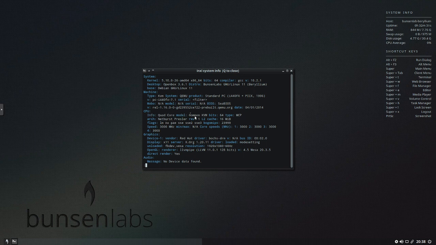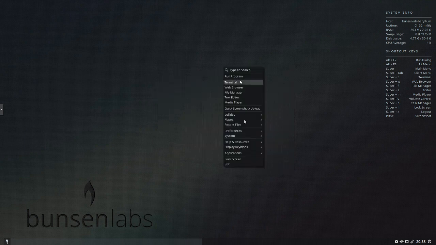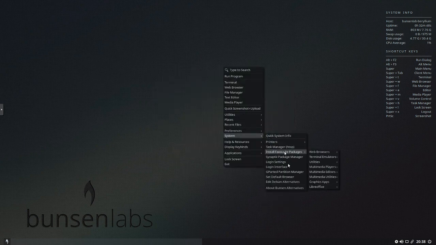So our CPU, graphics, everything you need to know right here. And again, here we go. We see our distro, which is great. Definitely a big fan. Based on Debian, rock solid, very stable. So pretty awesome. And again, just to show you the rest of the stuff here, under System, got gparted, so